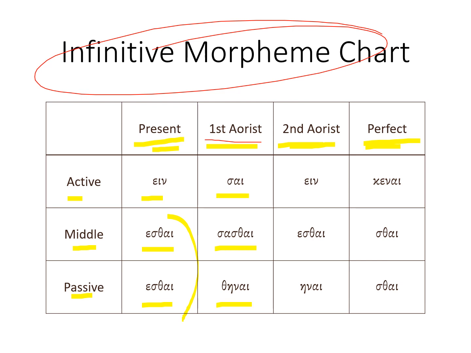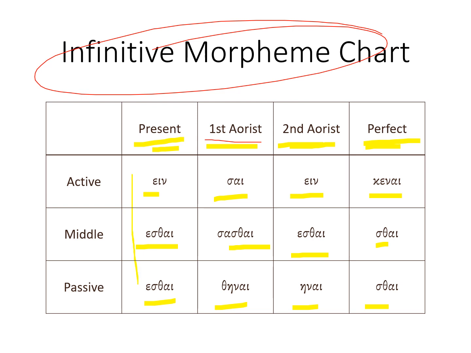Sai, sasthai, thenai. Again, you hear that sa, we're used to that with the aorist, then the theta here. Ein, esthai, einai, rather, and then kenai, sthai. It will help you to just go over this time after time, and you will memorize it. Get it down. This is another paradigm, but you're going to have to memorize this. Ein, esthai, sai, sasthai, thenai, ein, esthai, einai, kenai, sthai. Just get the paradigm and have it down, just going over it and over.